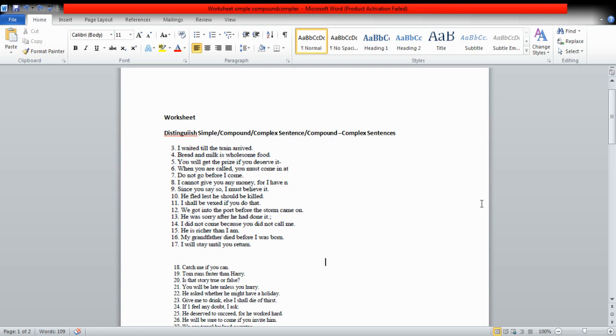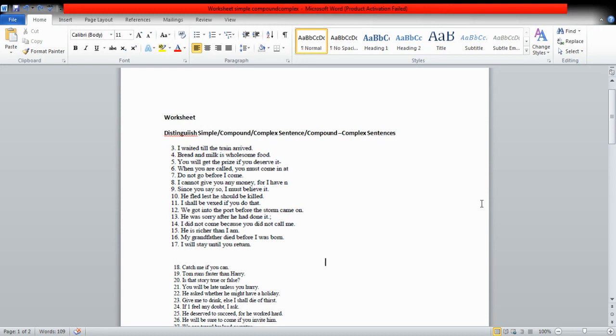In the last lecture, we did the kinds of sentences according to their structure, and we discussed the simple, compound, complex sentences, and the last kind was compound complex sentences. And I told you that another name for compound complex sentence is multiple sentence or mixed sentence. So in the case of simple sentence, let's revise the idea another time. So it will be easy for you people just to do the worksheet which I have selected from your past papers. So what is a simple sentence?